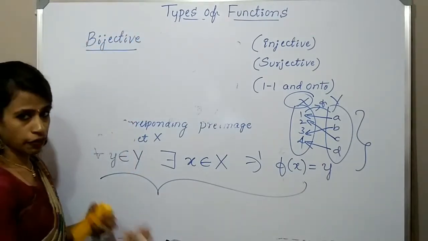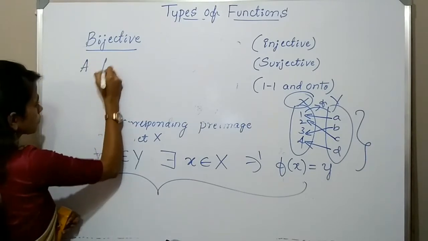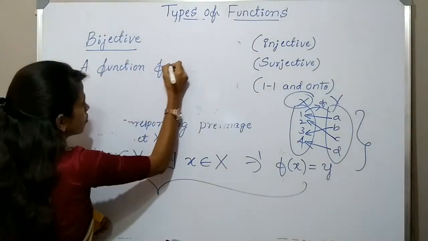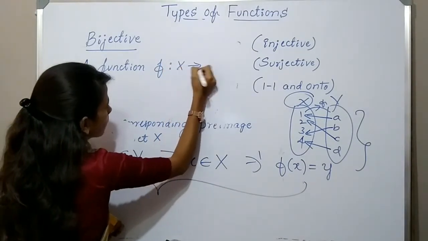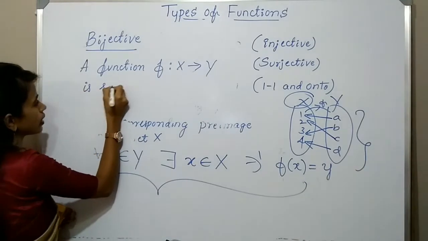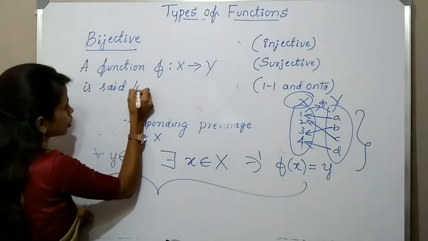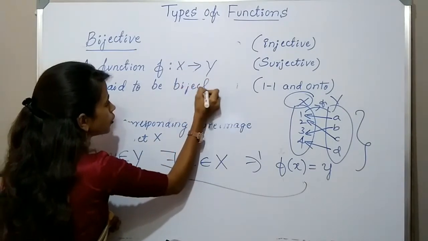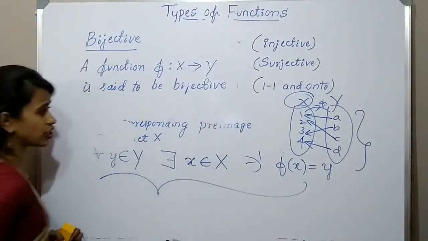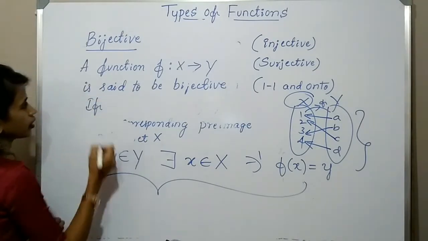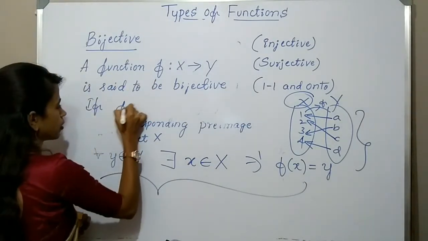A function f from X to Y is said to be bijective, or a bijective function. The condition is that the function f